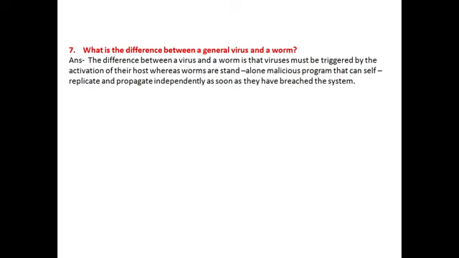So the main difference is that a virus runs or infects the computer after user interaction, and worms replicate themselves. There is no need of any instruction or any permission. They can replicate from one device to another device, or in the memory to the whole computer, by themselves. So this is the main difference.